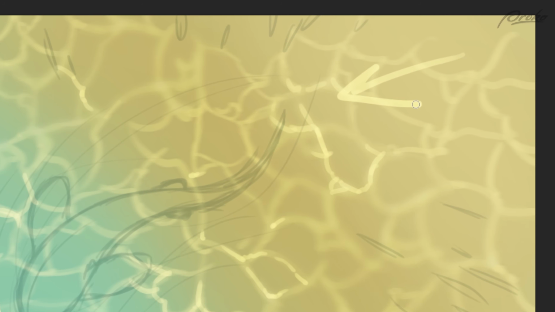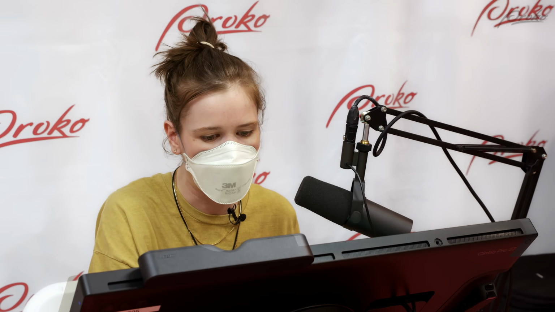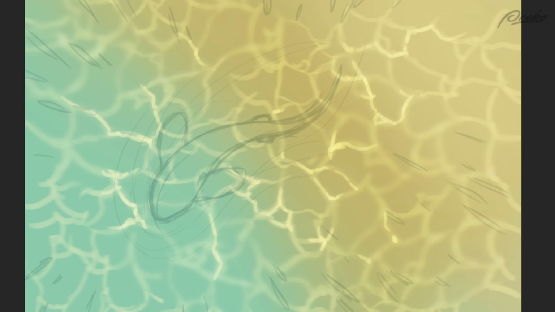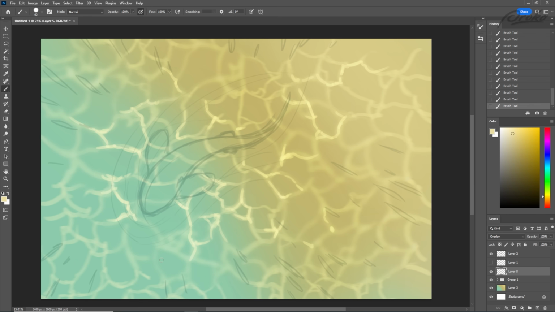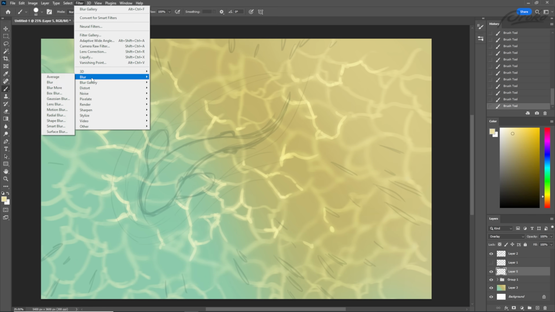I can create these hidden lines that are actually functioning as little arrows. I find places where I can follow these light patterns. It's almost like I'm pointing to the shark with it. But I want to do it randomly enough that it doesn't feel like I'm drawing a big arrow all over it. It's a dance between supporting the composition and bringing the attention where you want it, but then hiding your work like a magician. We don't want to show our hand. We don't want to show the trick too easily, but we still want to use the trick because we want to wow everybody. So there is my first and second light pass,